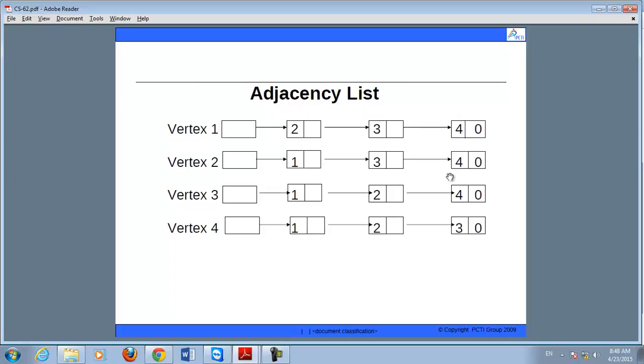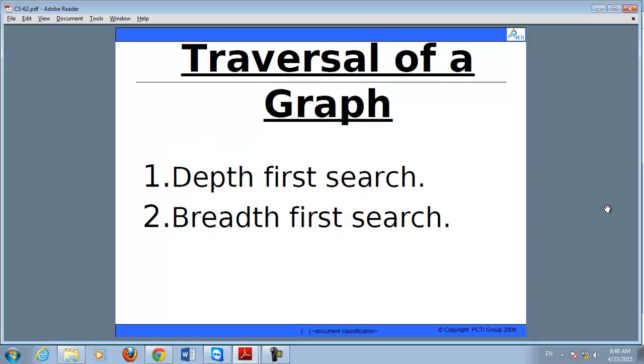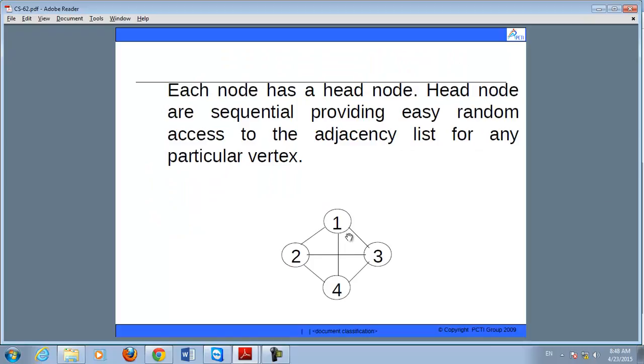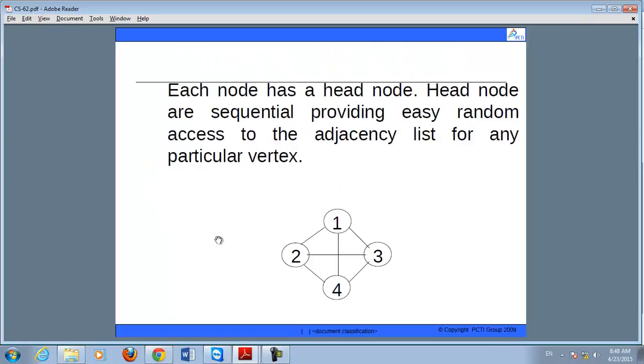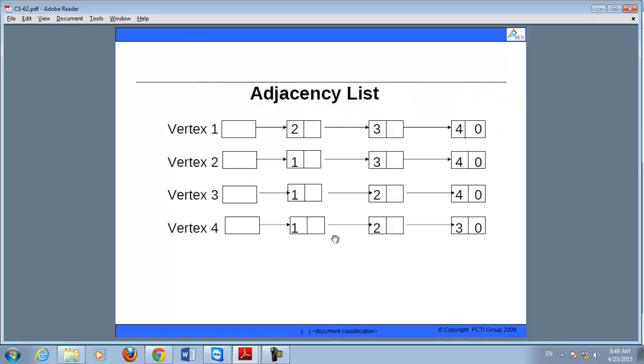From 3 there is a path to 1, 1 to 2 and 2 to 4. From vertex 4 there is a path to 3 or 2, which means you can move in any direction. This is the adjacency list representation which overcomes the drawbacks of the adjacency matrix.